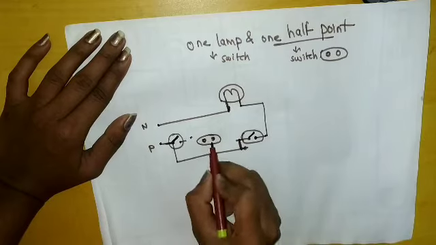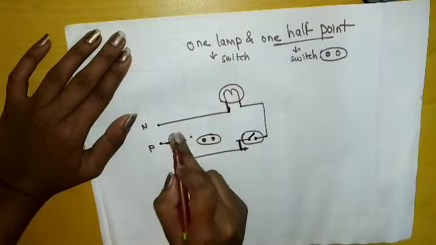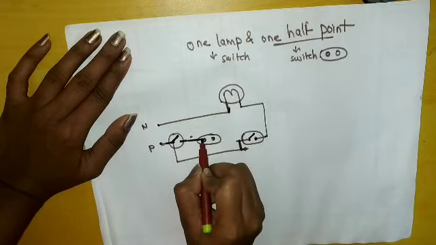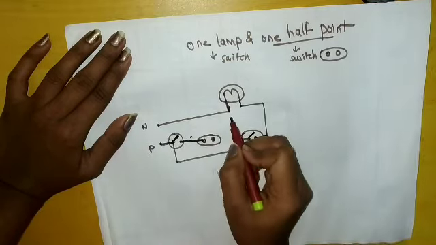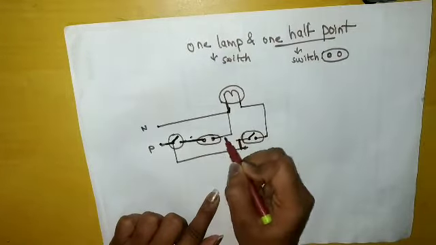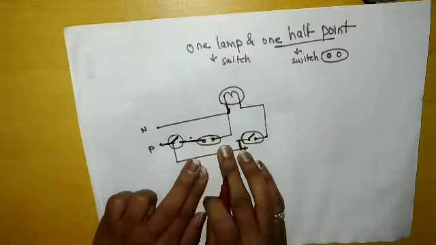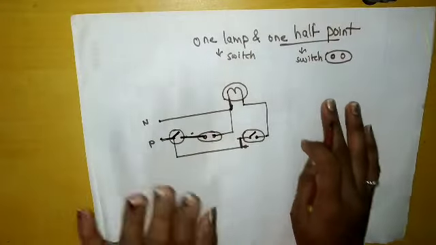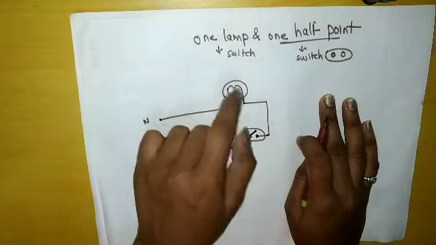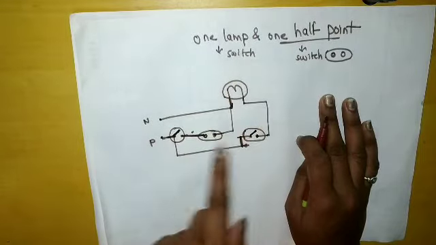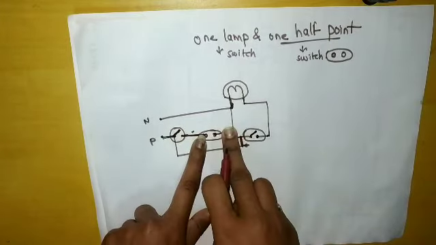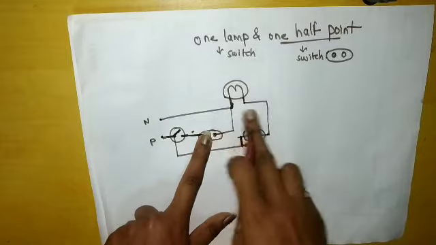Now this is our switch for the half point, right? So we have given phase here. Now this has to be connected here, and this has to be connected to neutral, right? So our half point will work. Just remember, whenever we have to give supply or turn on an appliance, it must be provided with phase and neutral. So for this half point we are providing phase from here, and neutral we are taking from this lamp. That means we have to loop the neutral.